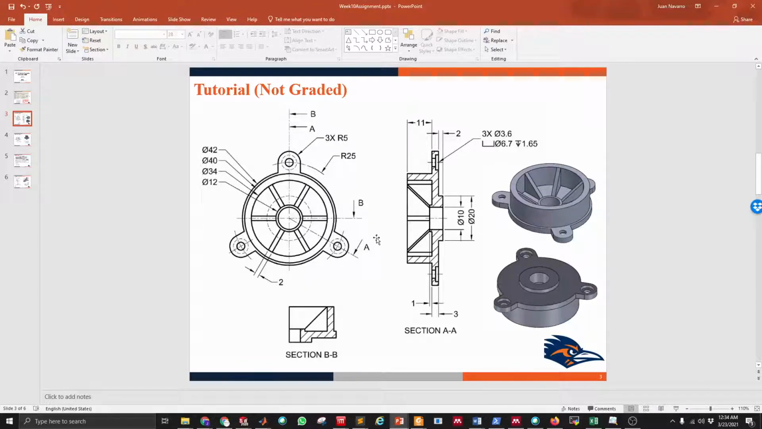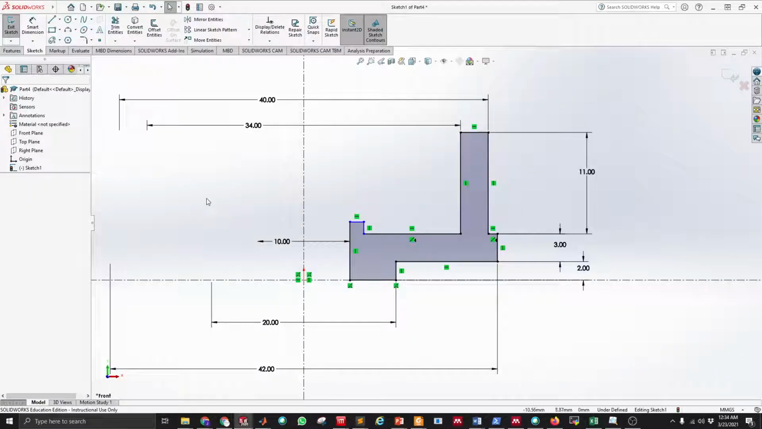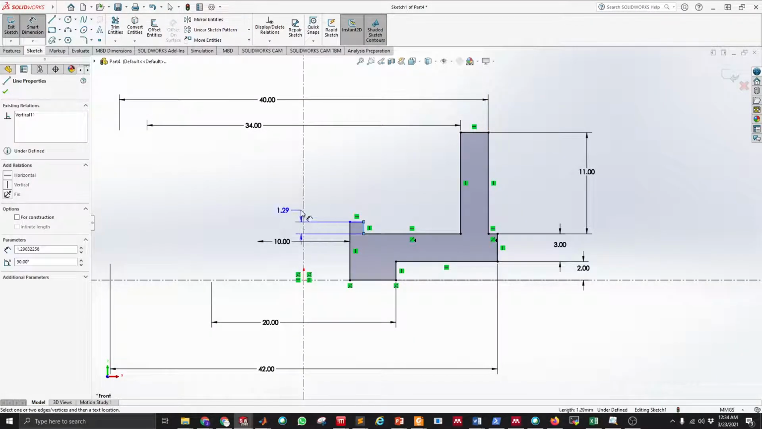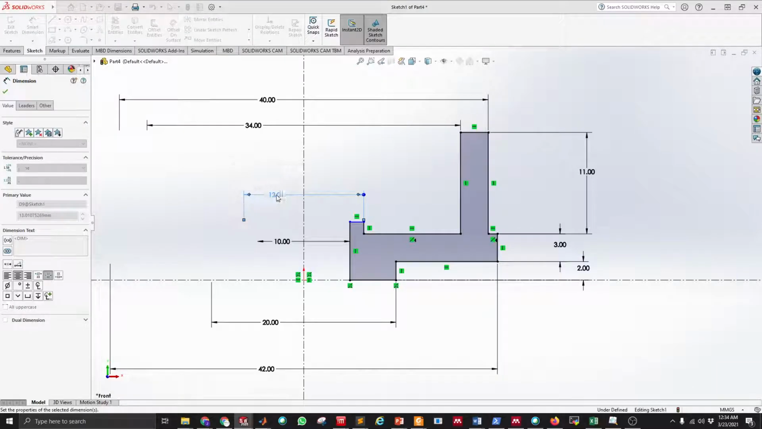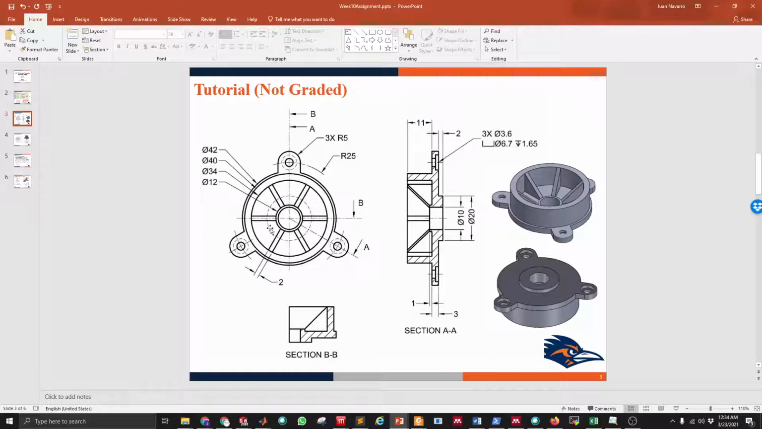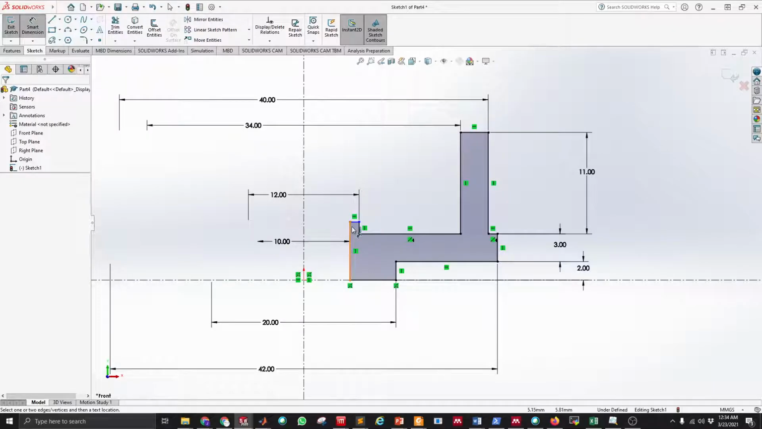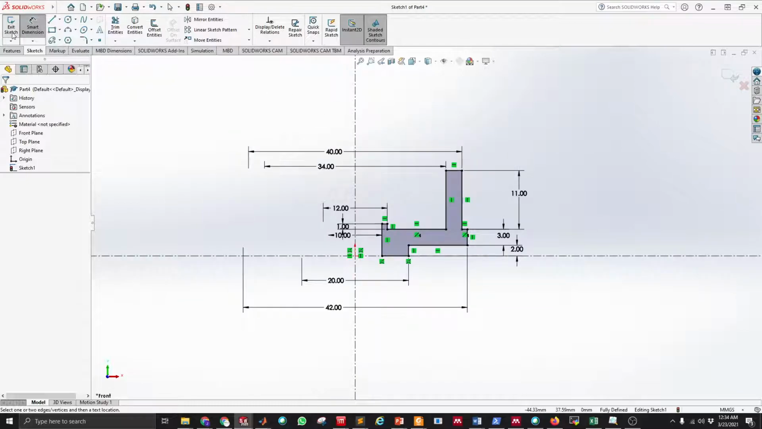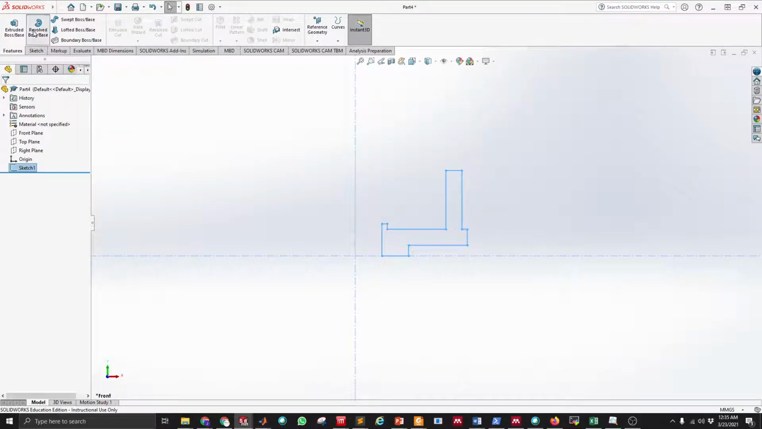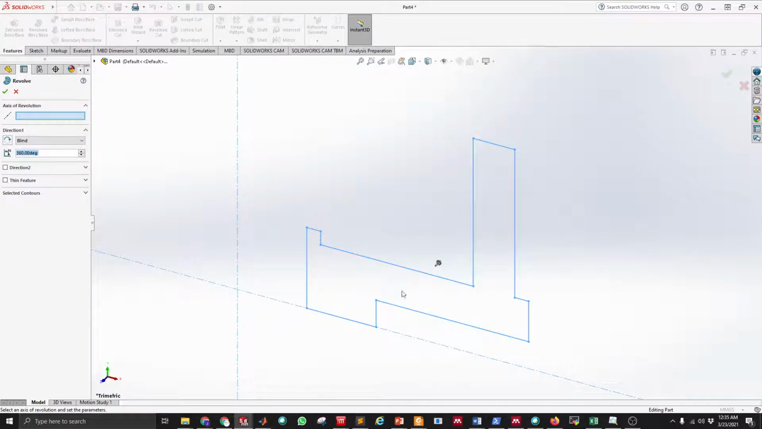Then we have this other diameter, which is 12. And also we have this height here, which is only 1 millimeter. That's it. Our geometry is fully defined, so I can exit this sketch and then create a revolution for this